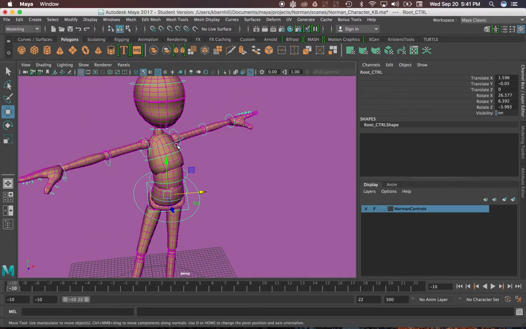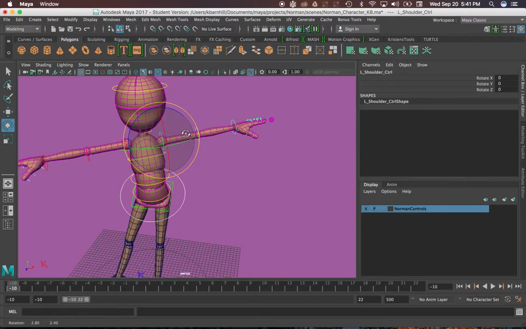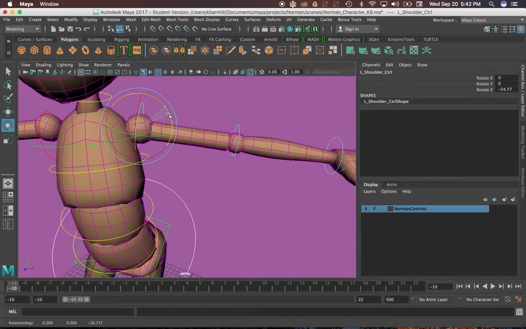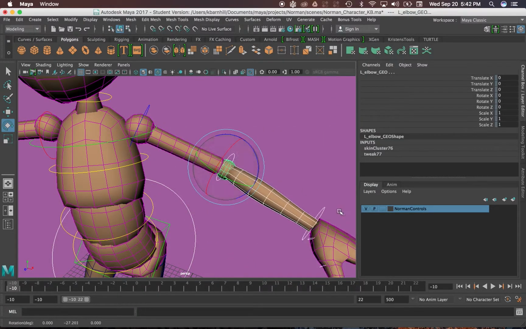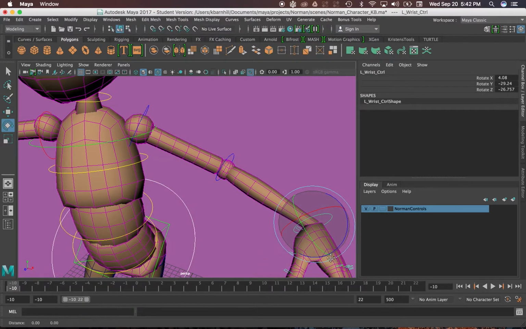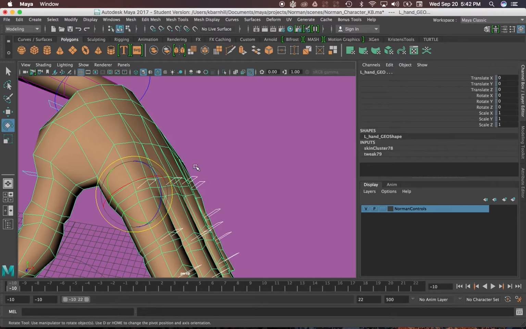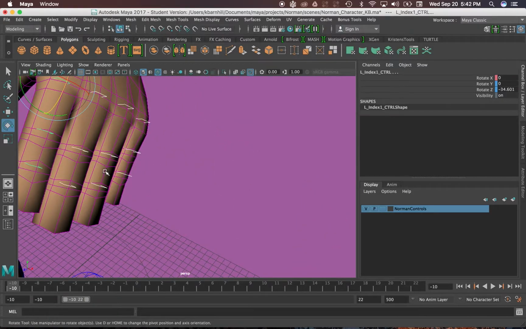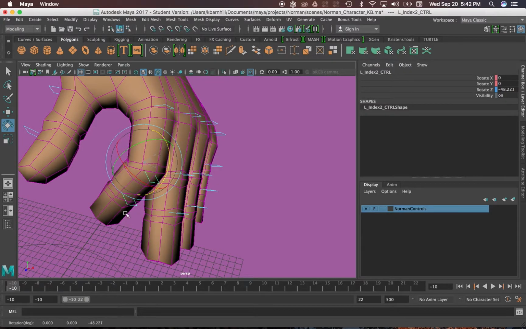Okay, so the forward kinematics, which are called FK controls, this is how they work. So remember, there will be controllers that are at the shoulder, the elbow, and the wrist. So they move from the shoulder, from the elbow, and then the wrist. Okay? And then we have little finger controls here. I actually don't always really use those very much. It's really, if you need to really get a specific kind of pose for your fingers,